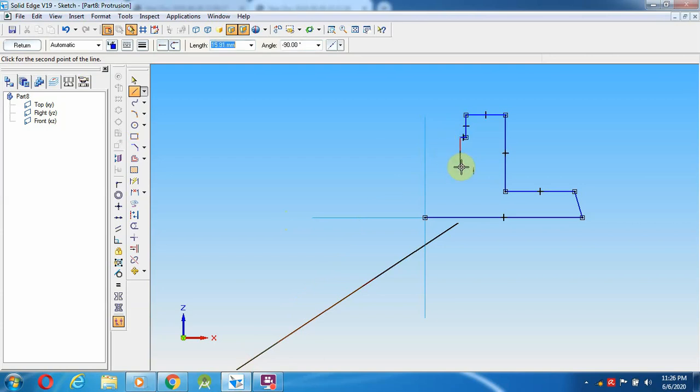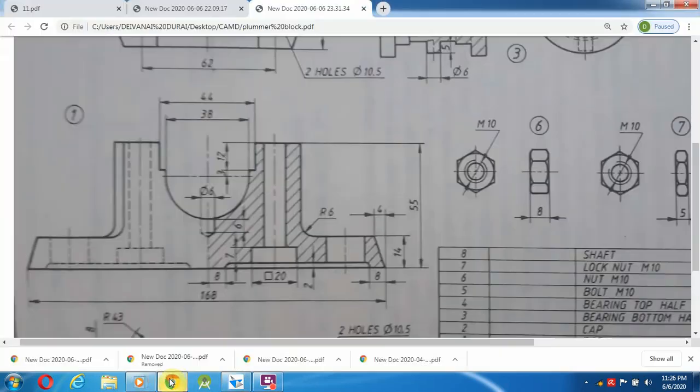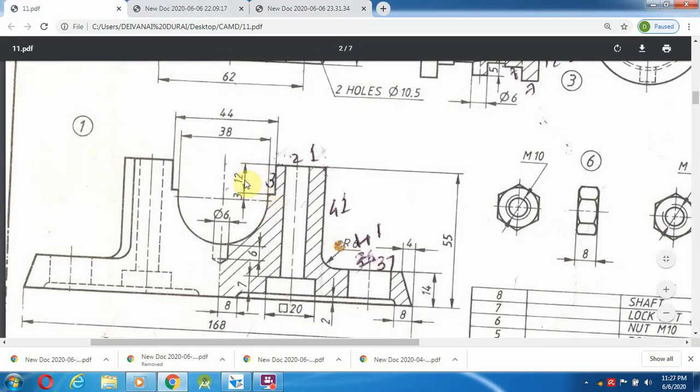Now again 3 mm. So why I drew this 3 mm over here, please check over here. Those 3 mm lines they have provided over here. So those 12 mm and 3 mm lines they have provided over here. So that's what I drew.